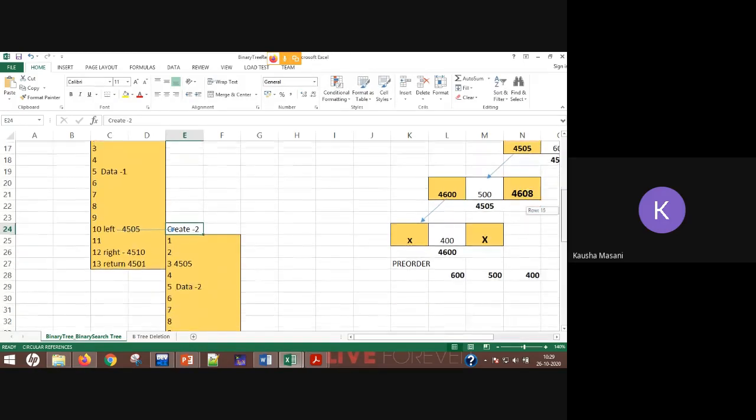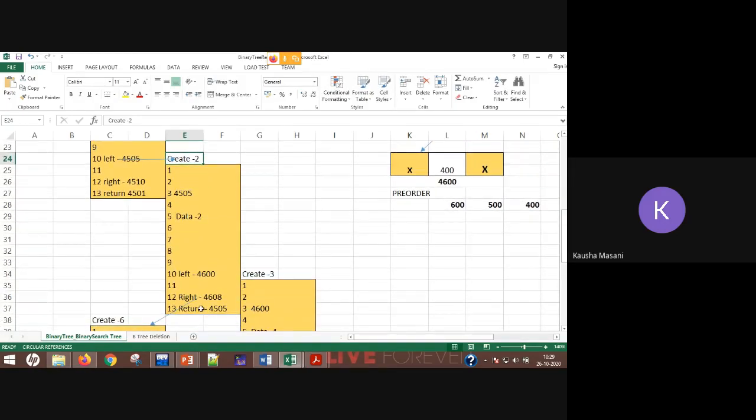So again inside your memory, all these 13 lines of code are loaded. Again you are creating your new node. Let's say the memory it got is 4505. You entered the data for that, so second data. Again, as you have entered some value other than 0, it is not getting terminated. It reaches the part where it asks enter the left child, and on the left pointer you are again calling the create function. Again these 3 lines of code are left to be executed. Before executing those, you are calling create number 3.